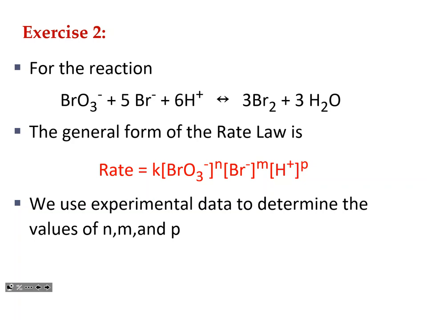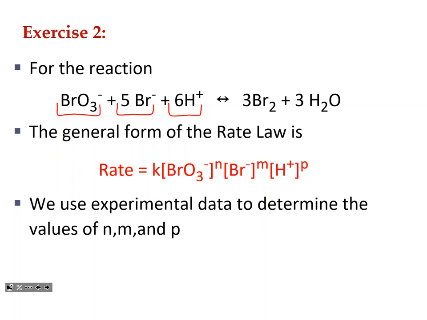For this reaction, we've got bromate, and 5 bromides and hydrogen. So this is obviously one of those redox ones taking place in acidic solution, as you can see. We've got 3 reactants, though, that we need to figure out what their order of reactant is in the